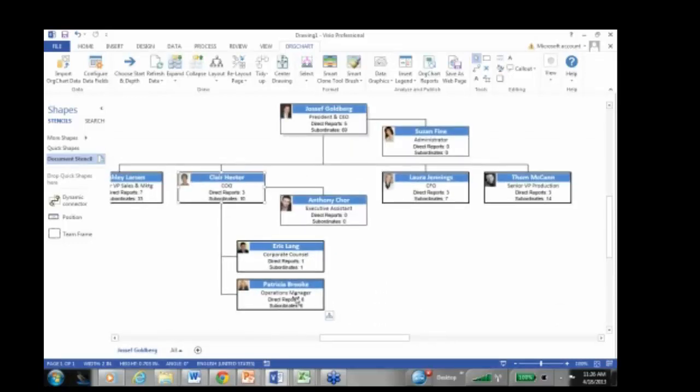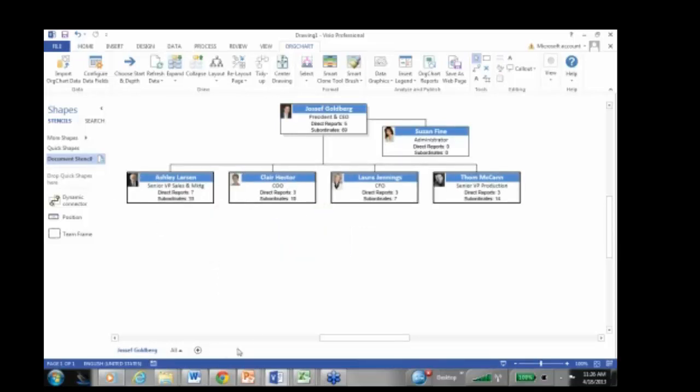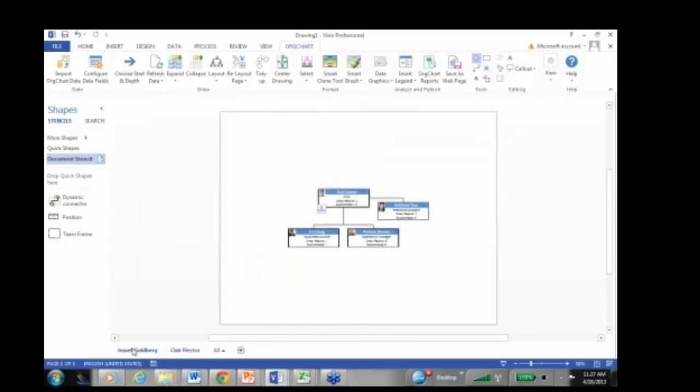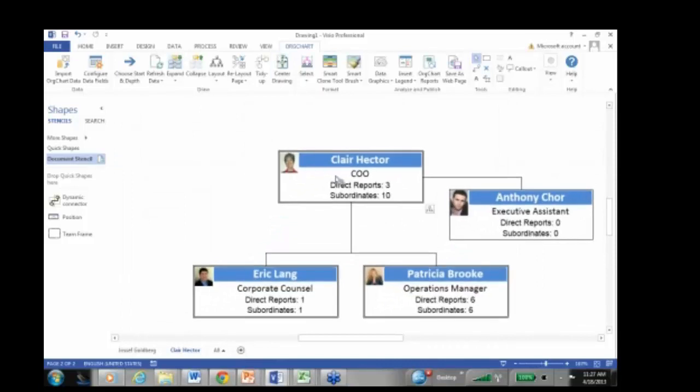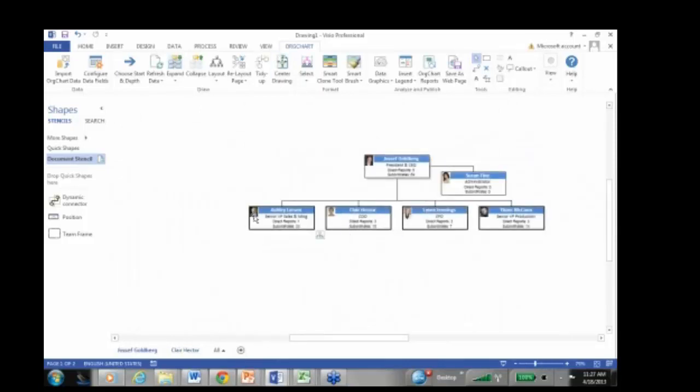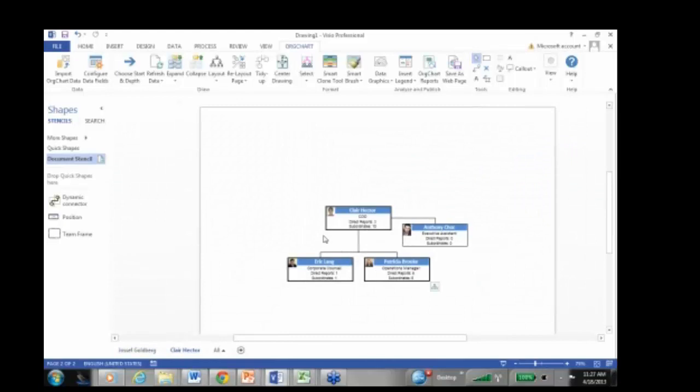And then also any one of these people, if I wanted to, we could have them show up on separate pages. Let's go back to Claire a second, and we're going to collapse this. As soon as I do, those people are not showing. Or I could go ahead and click on the Smart tag here and say, put these people on a new page. As soon as I do, if you'll look at the bottom here, there's a new tab for Claire's group. Okay. I'll click on Center Drawing, and we'll go in and look at this. And here, just by hyperlinking, these 2 are connected now, so I can go back and forth between Claire